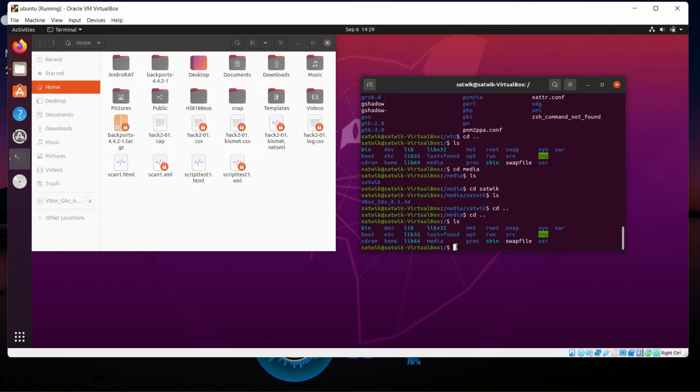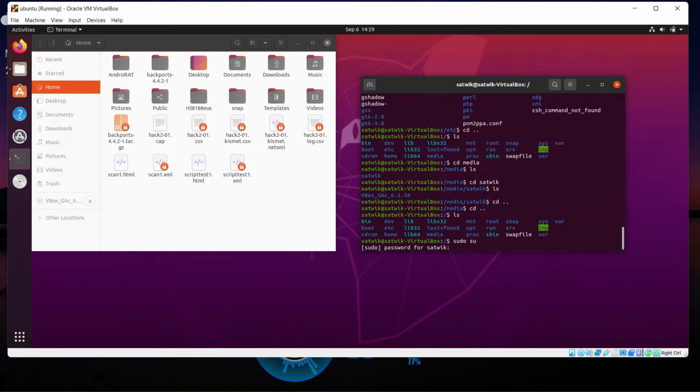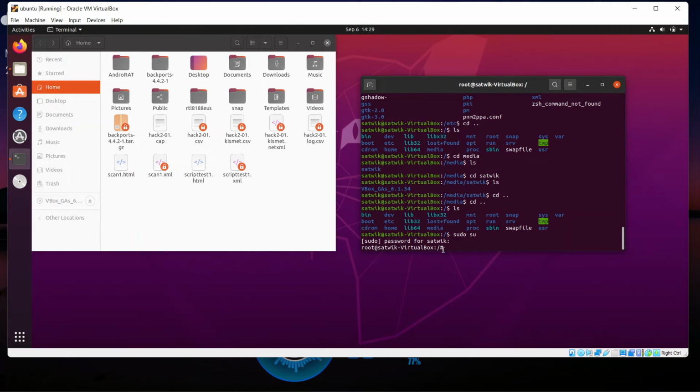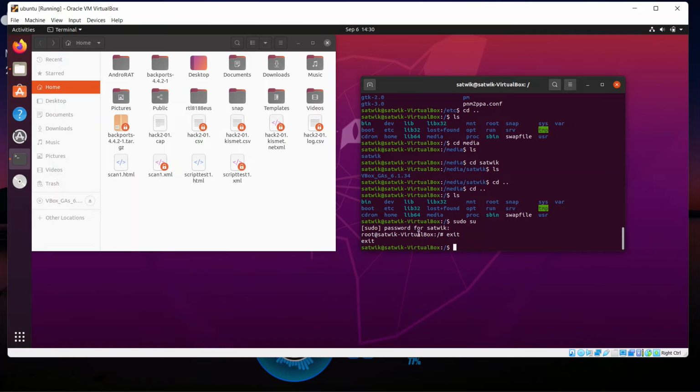If you want to change the user to root user, you need to type sudo su, and you need to type your password. Let me just type the password, and here you can see the dollar symbol. It means the user has been changed to root user. If you wanna come back to the normal user, you can type exit. You come back to the normal user you created,